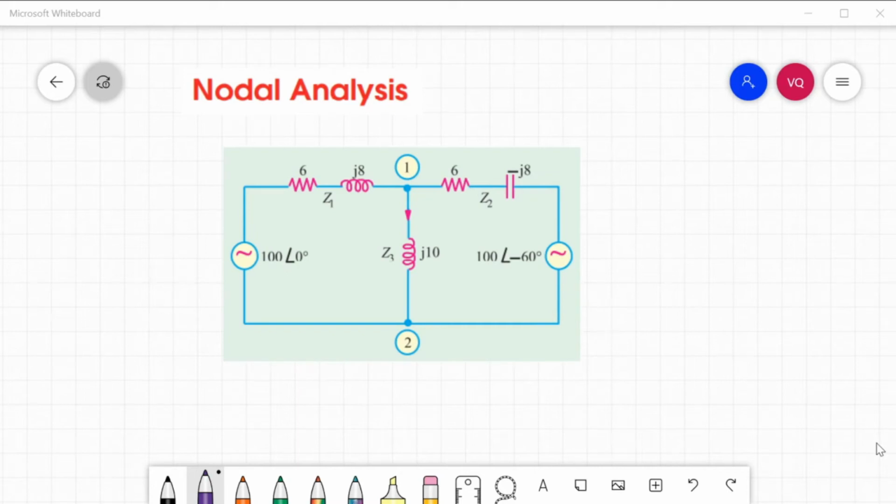Today we are going to discuss our third to the last topic in network laws and theorems, which is nodal analysis. In nodal analysis, in AC circuits, it is the same principle as in DC circuits. The difference only is that we are dealing here with impedances, and also the source voltages have magnitude and direction. So we will recall our